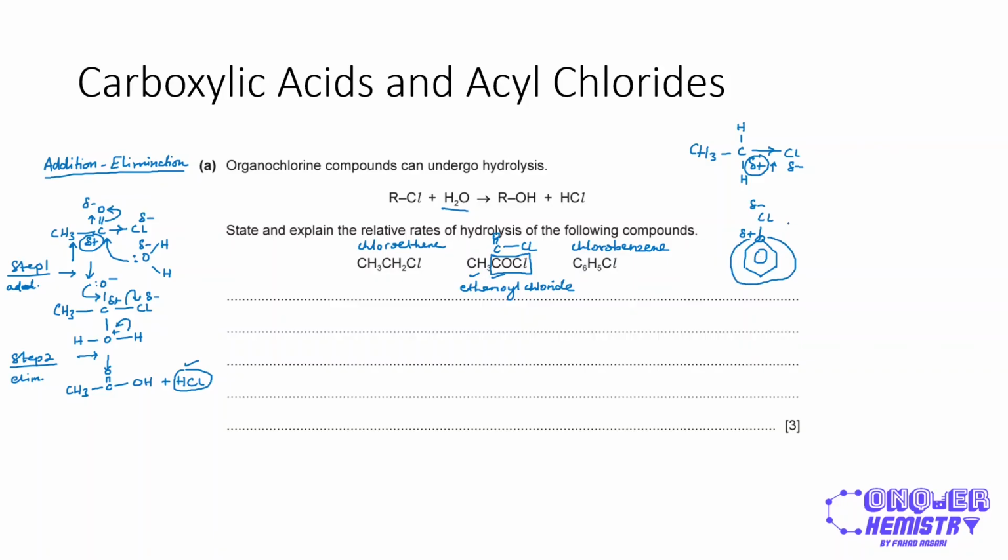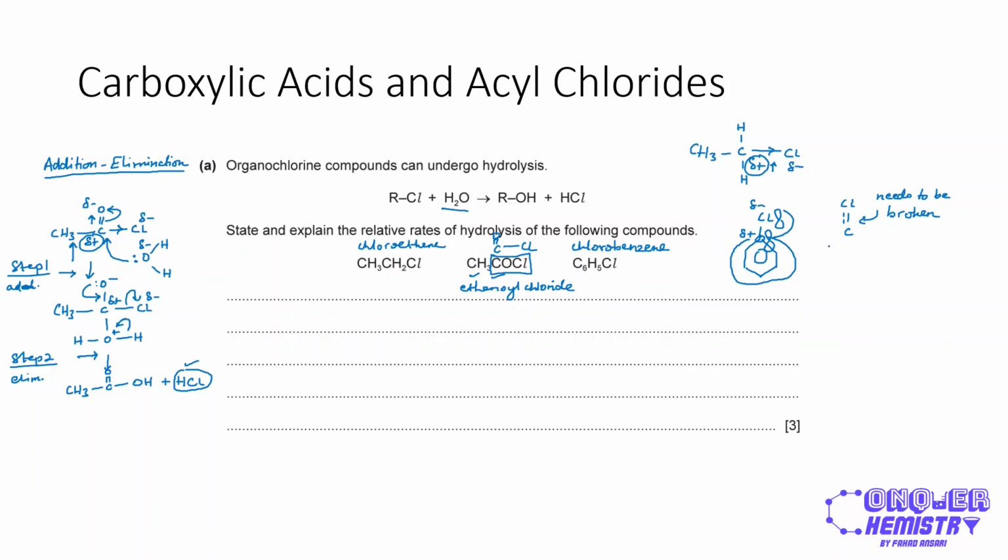And the second thing is that because this chlorine carries a lone pair in a p orbital, and this carbon is part of a pi bonding system, this carbon-chlorine bond gets a partial double bond character. And in the hydrolysis, this bond needs to be broken, right, in order for the reaction to proceed. And if this bond becomes stronger, gets a double bond character,